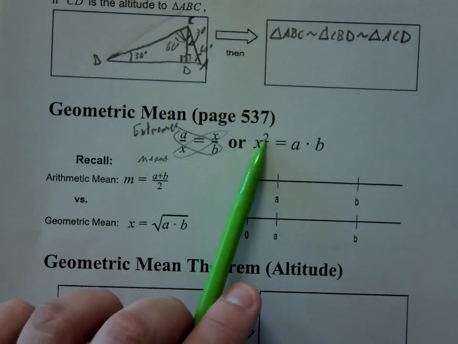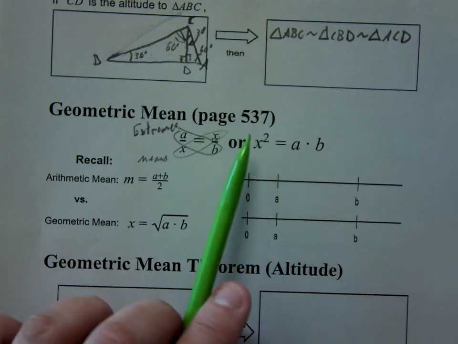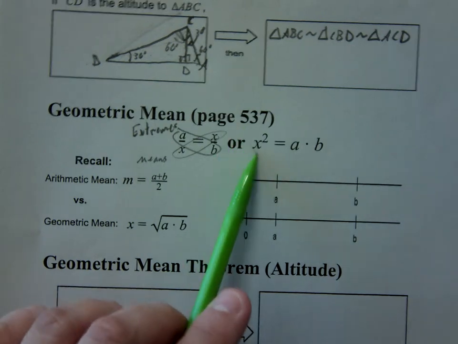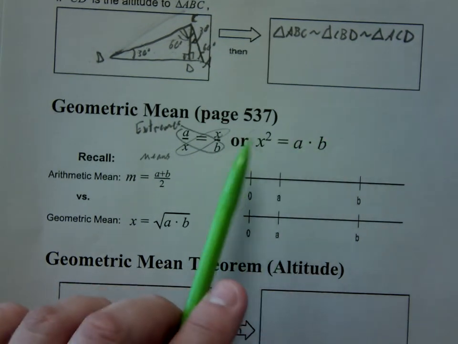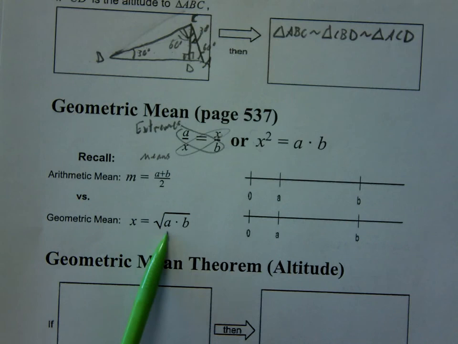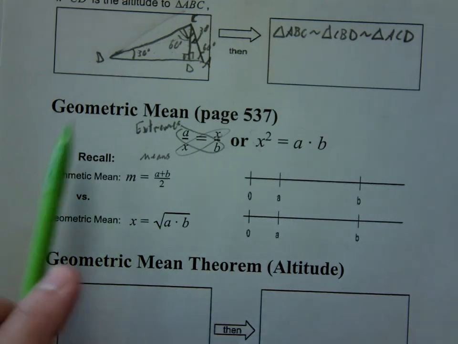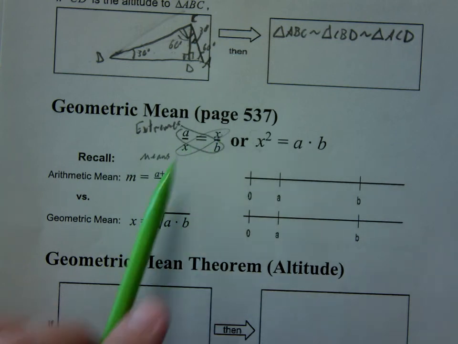The opposite of squaring something is not, I repeat, not dividing by 2. Instead, we are going to take the square root on both sides. So we will get that x is equal to the square root of a times b. Now, I want to talk to you about why we call this x value the geometric mean of these two